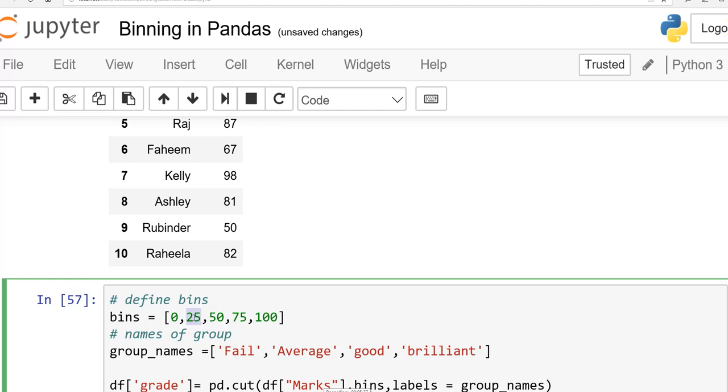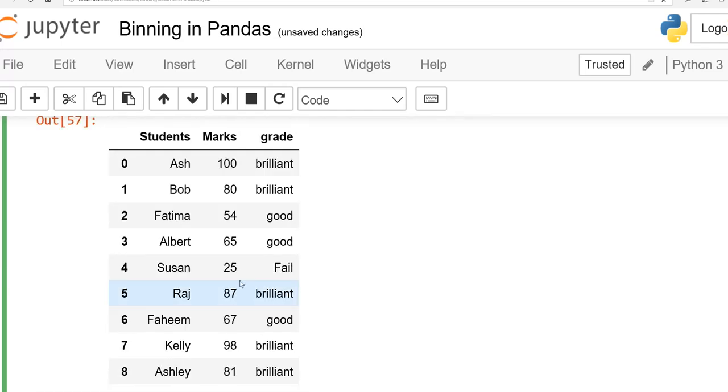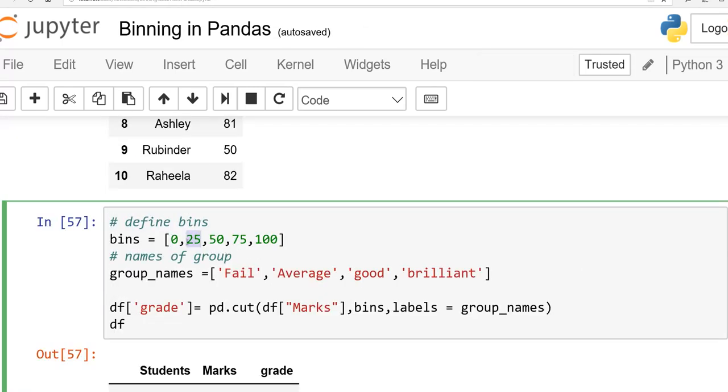So if some student has 25, which group will they go to, fail or average? See here, if it is 25, Susan is fail. It means that the first group will end exactly on 25. If we have 25.1, it will be considered average.